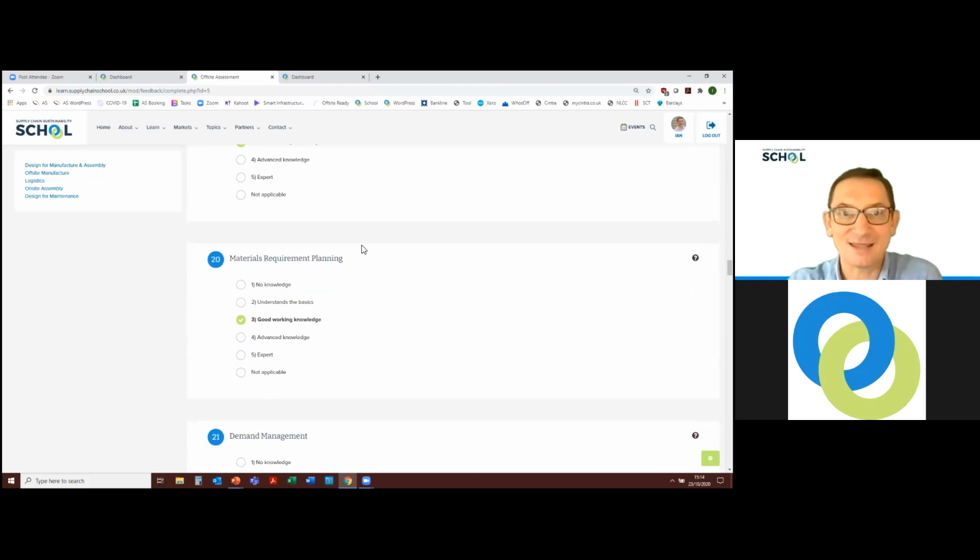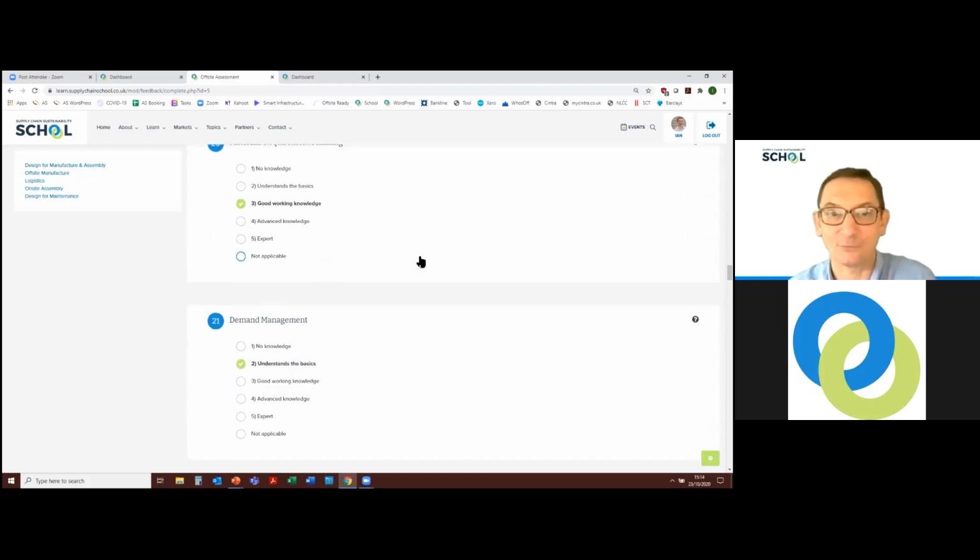But the next step on is to understand materials requirement planning. What materials am I going to need delivered to site when? How do I plan that, build the materials out, and ensure that I manage my demand correctly, which is question 21. How do I manage the relevant demand? This is particularly important if you're going to take a project-led approach rather than a program-led approach to your relationship